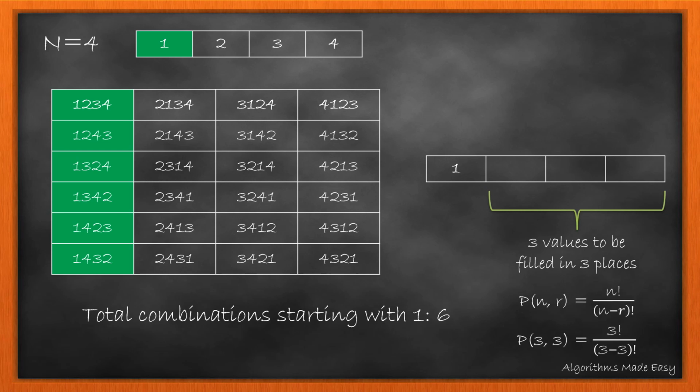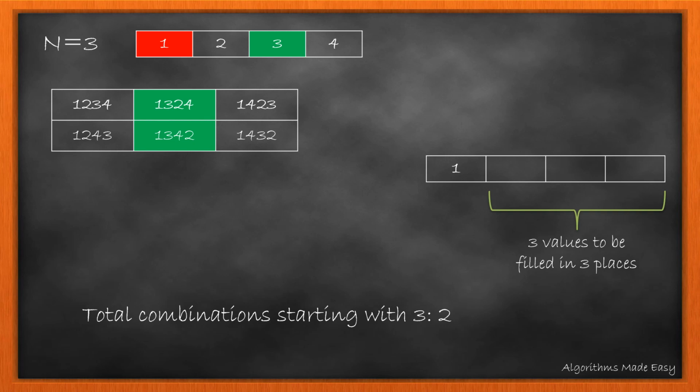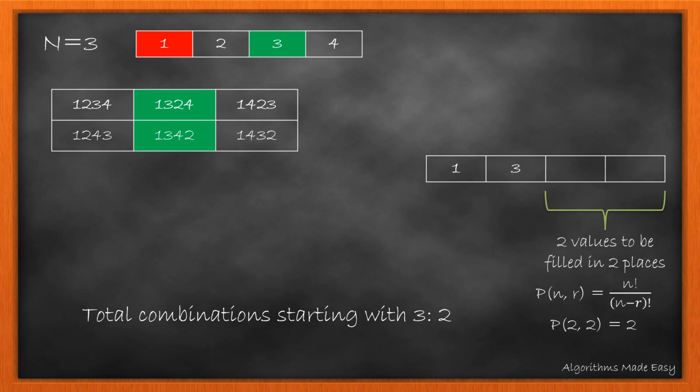The number of ways the values can be filled is calculated by the permutation formula, which also gives us the answer 6. We can also see that the same answer can be derived from n minus 1 factorial. Now as we have fixed one value, we only have 3 values remaining, so n becomes 3. Now if we see all the permutations, it will look like this. If we now take all permutations with 3 as the second value, we see that there are 2 permutations of it. When we apply the formula, we get the same answer, and the same with n minus 1 factorial.